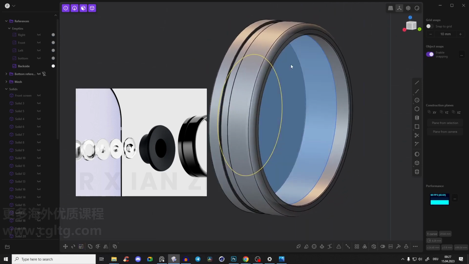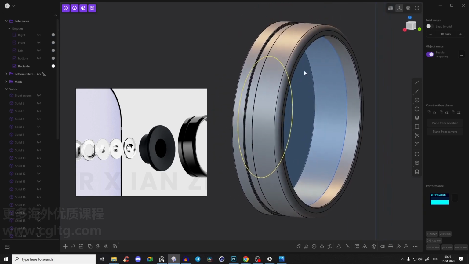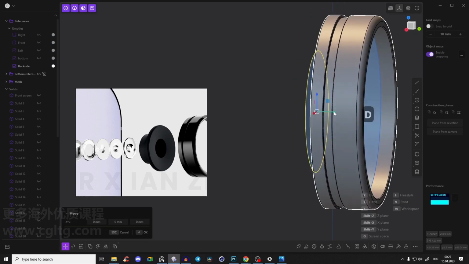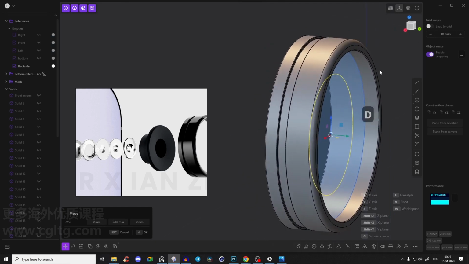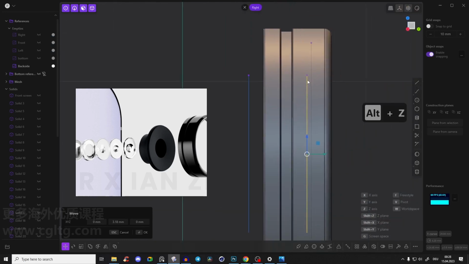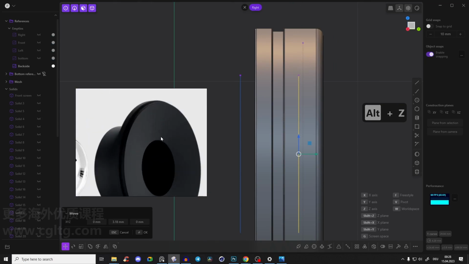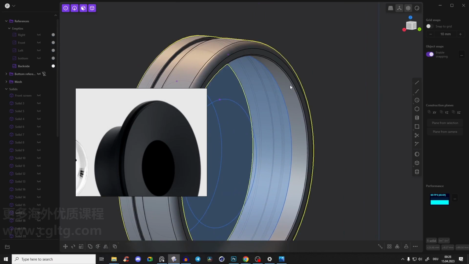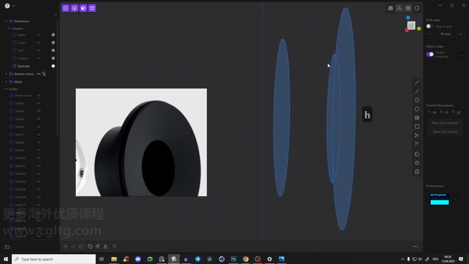And now it's just a little bit different what we will do now. So just listen well. We will Shift D, copy it, and bring it here, and Alt Z. You see this is this part, and now we want to create just this edge. So we have to go a little bit inside because you see we have an angle, and now again make this curve a little bit smaller. So now we can also just bring that, hide it, and